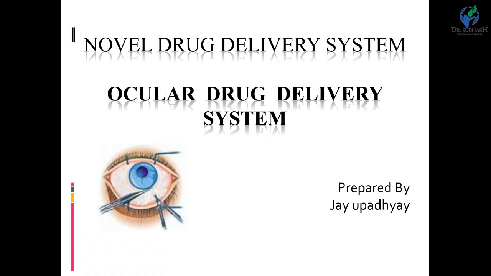Most commonly, the conventional ophthalmic dosage forms that we use are in solution form, suspension form, or in ointment or gel form. These are the conventional ophthalmic dosage forms that are most widely used. But when we instill these preparations into the eye, they drain away rapidly. There are drainage problems from the ocular cavity, because of tear flow or lacrimal drainage, so they do not stay in the eye for a longer time. They rapidly spill out and drain out.